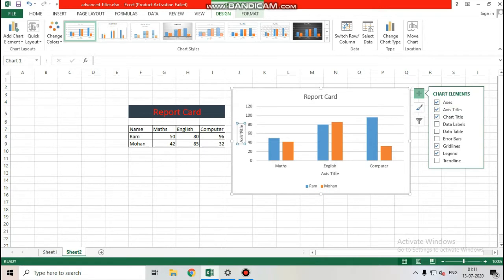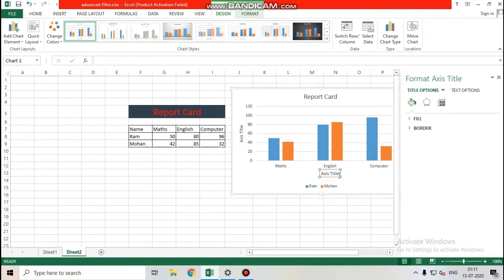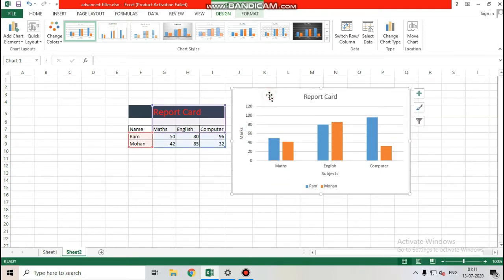Look, both side you will get something to add. So just write down what they are. They are subjects, and here they are marks. Select, write marks. Look, and this whole area is called chart area. Now still many things is left.